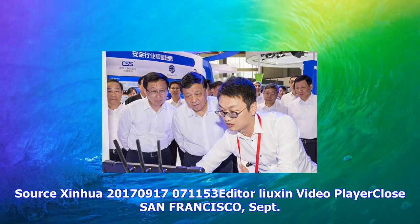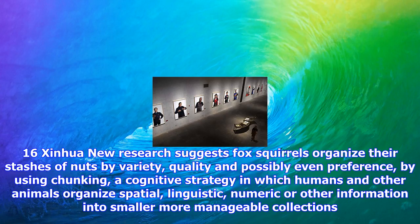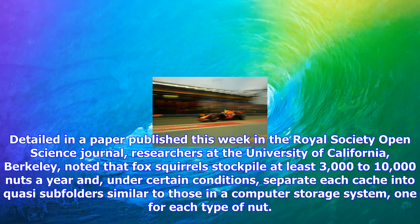San Francisco, September 16, Xinhua. New research suggests fox squirrels organize the stashes of nuts by variety, quality, and possibly even preference, by using chunking, a cognitive strategy in which humans and other animals organize spatial, linguistic, numeric, or other information into smaller, more manageable collections. Detailed in a paper published this week in the Royal Society Open Science Journal, researchers at the University